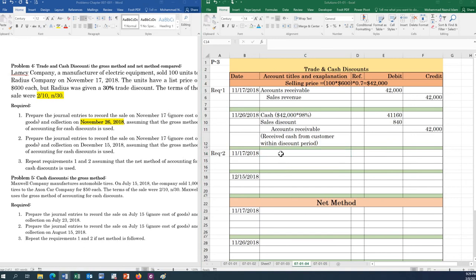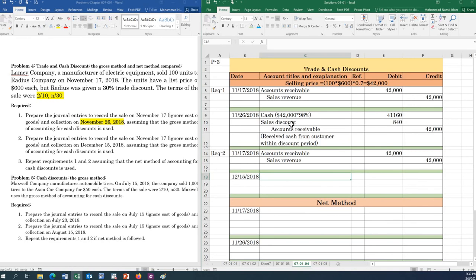So the same entry, accounts receivable, 42,000, and then sales revenue is 42,000. Okay, this is for sale,